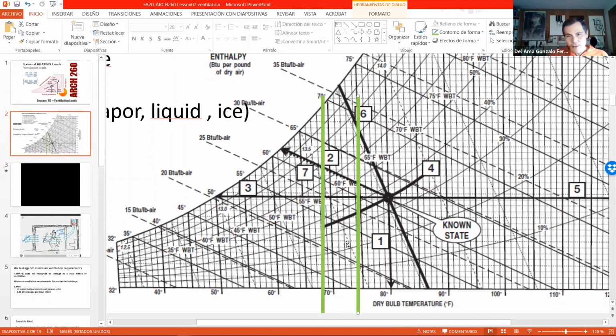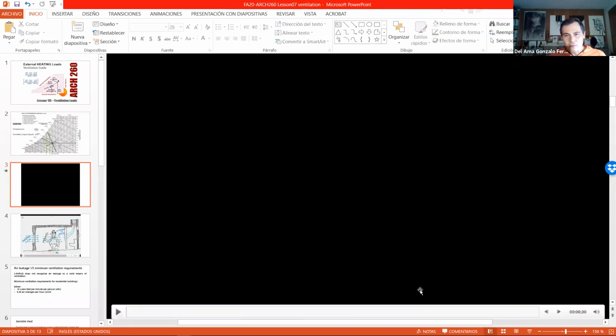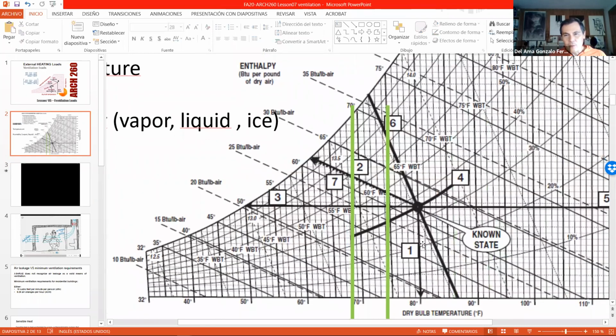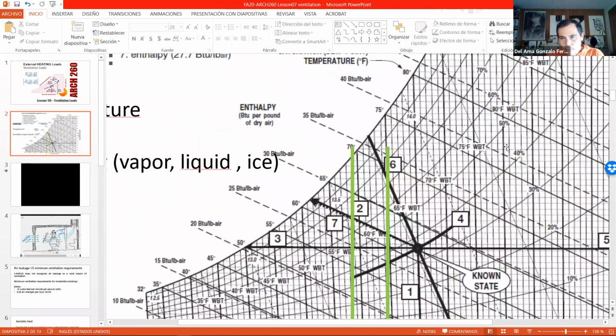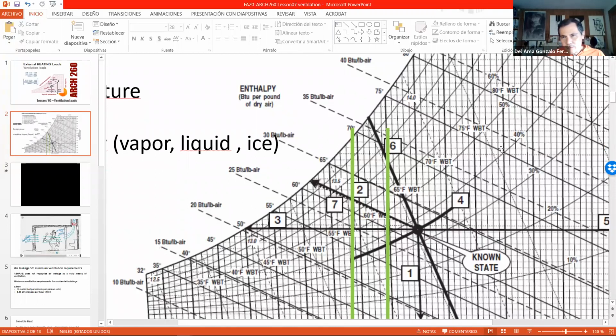temperature. But then we have another magnitude, which is the relative humidity. Relative humidity, it's a complicated concept. Anyway, the relative humidity is the amount of moisture that we have in the air. Okay, so this is the relative humidity. So relative humidity in this chart, you see those lines, those curved lines, and here we have 10%, 20%, 30, 40, 50, 60, 70, okay? So we are in comfort conditions, let's say between